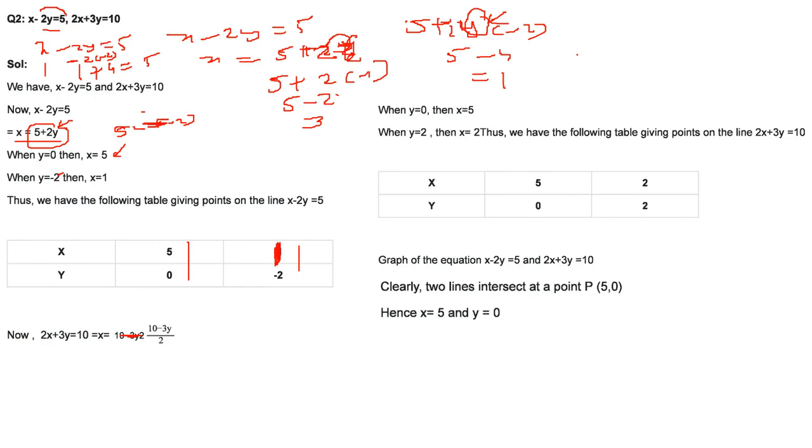2x plus 3y equal to 10. You can just always write this. So 2x equal to 10 minus 3y. Next, x will be equal to 10 minus 3y by 2. Now we have to put certain values so that we get some integral value. So just put y equal to 0. This will be 0 and 10 by 2 is 5. So for 0 it is 5. Now let us put y equal to 2. So 3 2s are 6, 10 minus 6 is 4, 2 2s are 4. So 2, 2. Now how to make a graph?